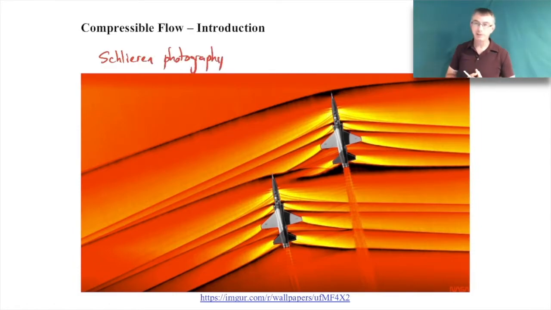Schlieren photography, what it does is it images where you have gradients in the air density. So large gradients in the air density. So everywhere you see a line, it doesn't show up that well here. Let me see if I can get a different color. So everywhere you see a line like right in here, this is where the density of the air is changing very rapidly. And the reason you're seeing these rapid changes in the air density is because you're getting shock waves that are forming on the surface of the aircraft, and then they're propagating out and interacting with one another